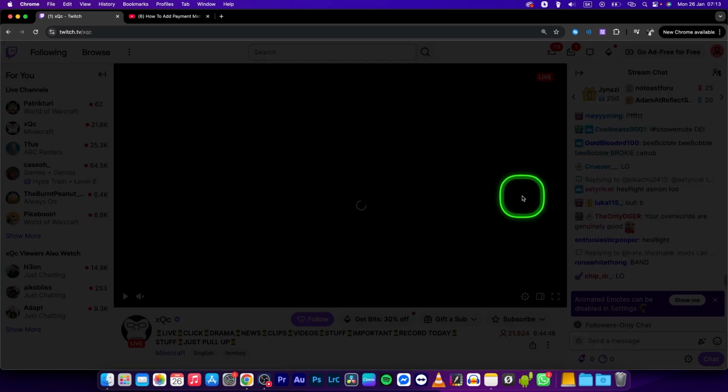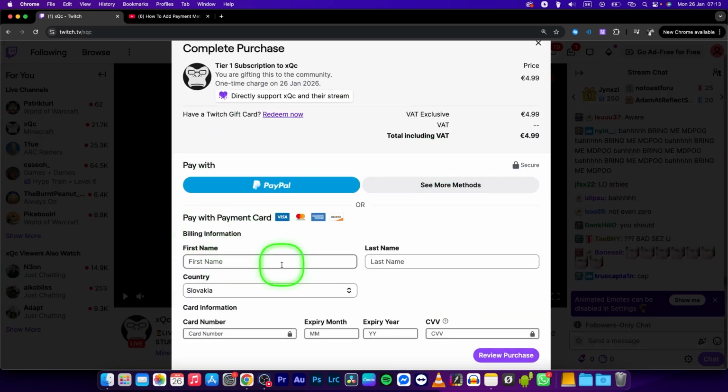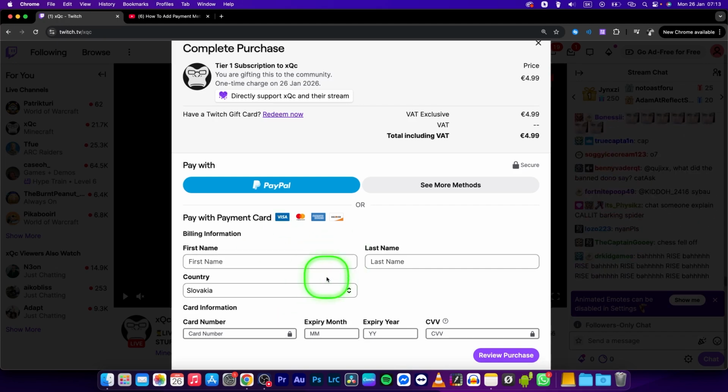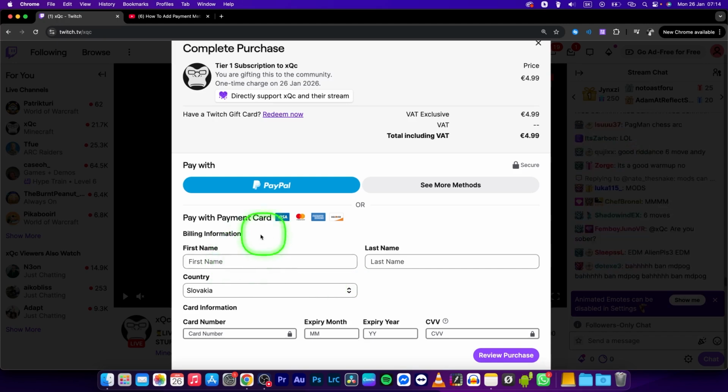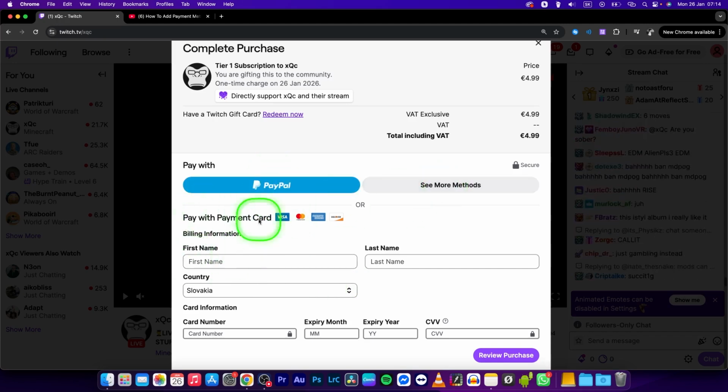Click on the sub right here and here you can add your payment method and sub to the streamer, and then the payment method will be saved to your saved payment methods. You can either use PayPal, see more methods, or just pay with